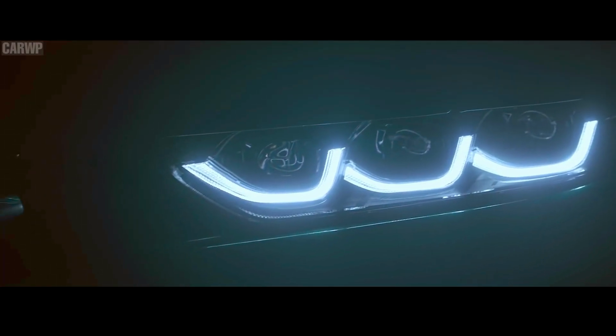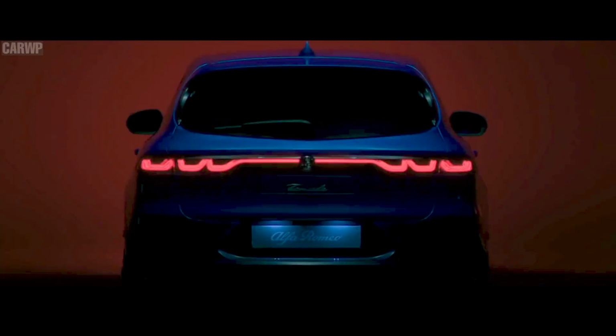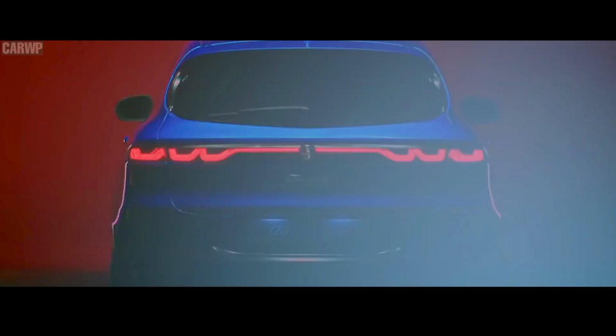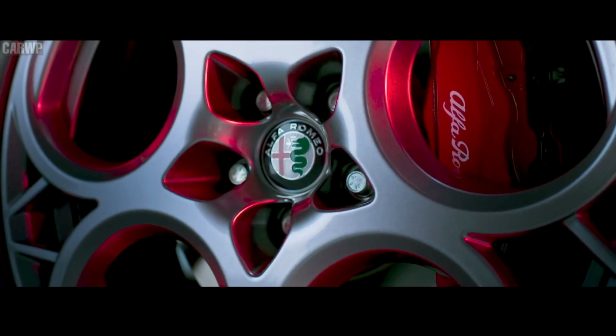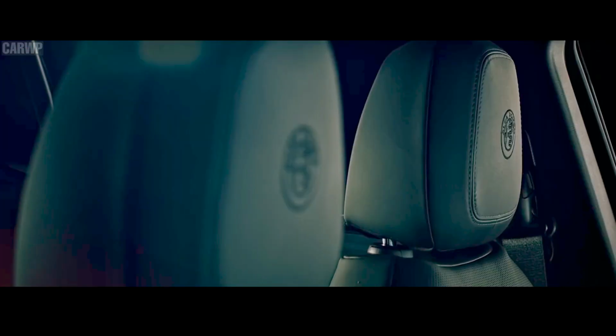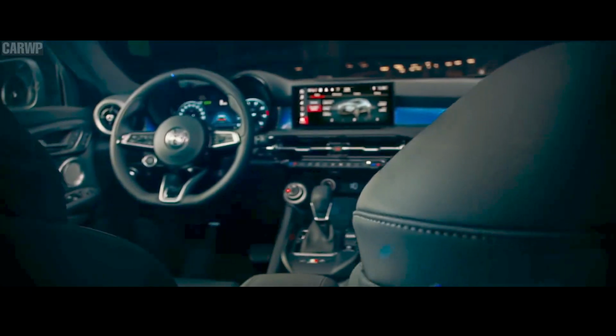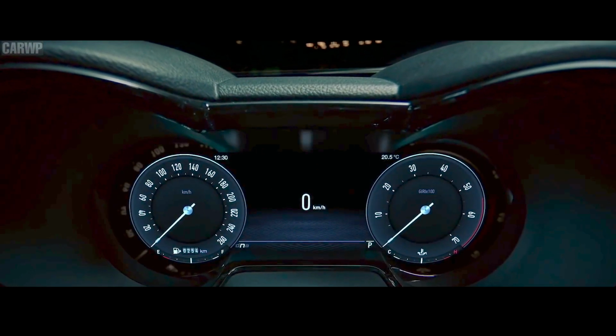The definitive design of the Tonale is extraordinarily faithful to the concept car from which it draws its origins, courtesy of the remarkable work done at the Centro Stile Alfa Romeo. Intended for a young, metropolitan and dynamic customer, the Alfa Romeo Tonale offers a distinctive, sensual and forward-looking design, extolling new stylistic canons destined to remain as points of reference in the development of the Alfa Romeo lineup: 5-hole wheel rims,